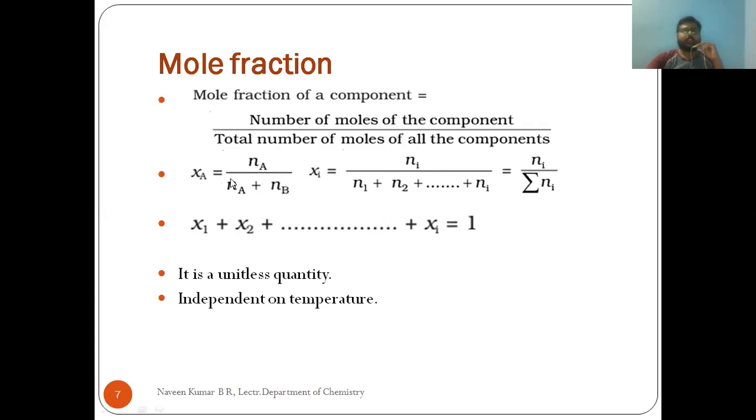It's a simple equation to calculate by expanding the number of moles definition as W by M, where W stands for mass and M stands for molar mass. So we can rearrange the equation for the required calculation. And it is interesting to observe that the sum of the mole fractions of all the components present in the given solution will always be equal to unity. It will always be equal to 1. So hence this finds significance in the calculation. We'll see in Raoult's law what is the significance of that in relating its mathematical form.